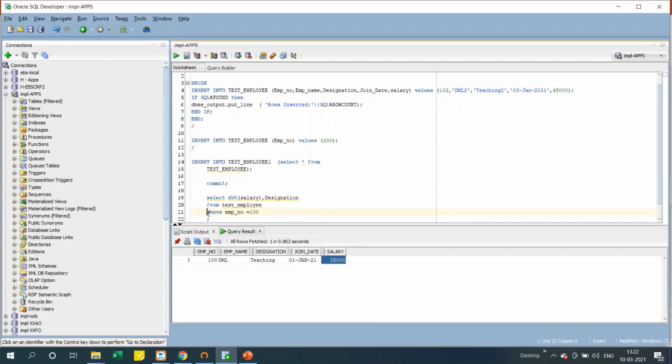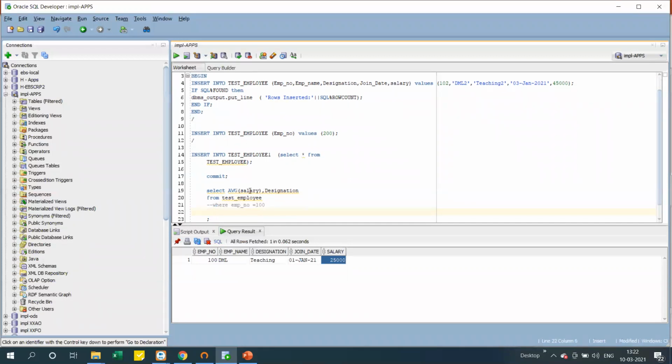For this, I am not going to use any where condition, and I'm taking select average of salary and designation. Whenever we use an aggregate function along with a column, it should group by this designation. Let's say there are 100 records with one designation, software engineer, and 200 records with another designation, senior software engineer.